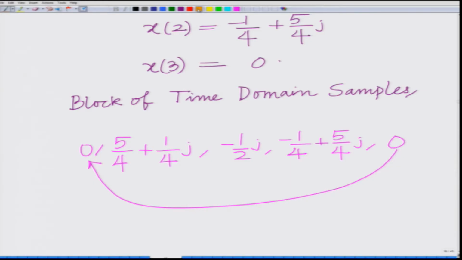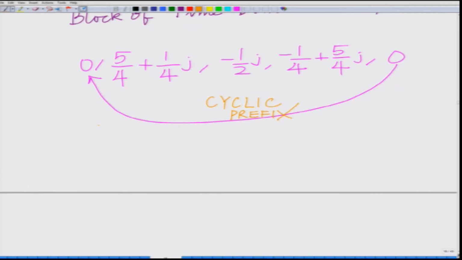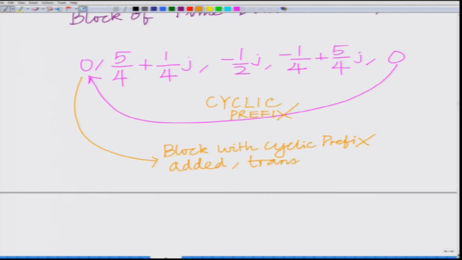Remember, this is basically adding the cyclic prefix, and this is the block that is transmitted. This is the cyclic prefix added block. So, this is basically your block with cyclic prefix added, and this is transmitted